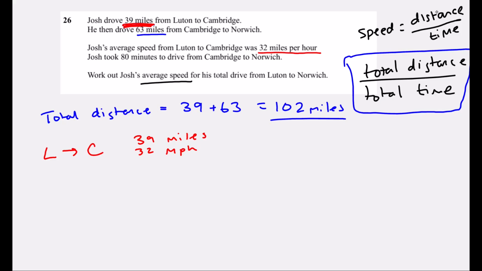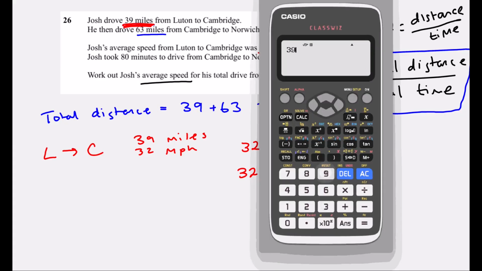So speed equals distance over time. So speed equals distance divided by time. So 32 equals 39 over t for the Luton to Cambridge part. To get rid of a divide, we times. So 32 times the time is equal to 39. And then divide by 32. So the time is 39 over 32,